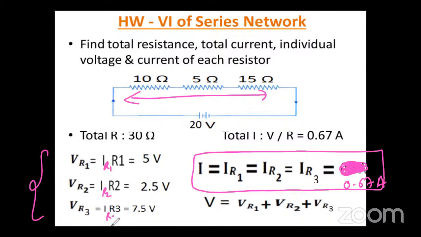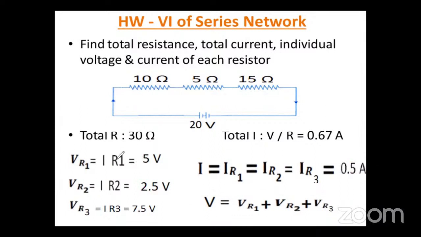यहाँ पे IR2 या IR3 and do the multiplication, सबका वैल्यू सेम है 0.67, R1, R2, R3 पता है 10, 5, 15, do the multiplication, ये तीनों वैल्यू आएंगे। Now to cross check by using this principle, यहाँ पे एक रजिस्टर एक्स्ट्रा है, तो I'll write VR3 as extra point, तो 5 plus 2.5 plus 7.5, it will become 15। There is some calculation mistake, but you can cross check the answer। Okay, there may be some calculation mistake यहाँ पे, let me check।